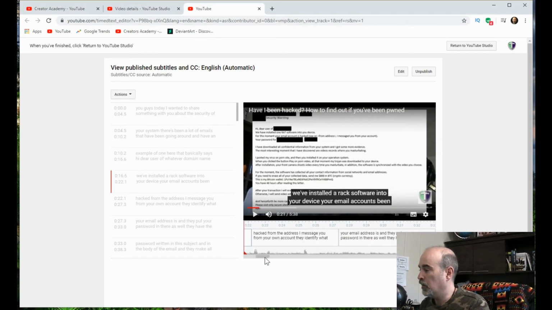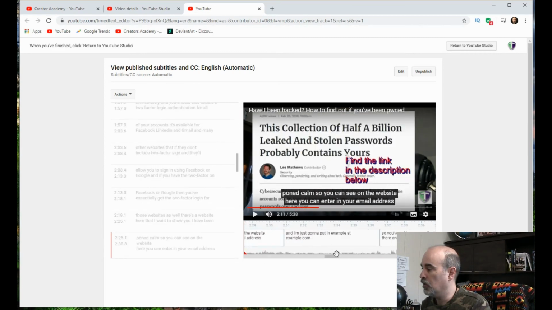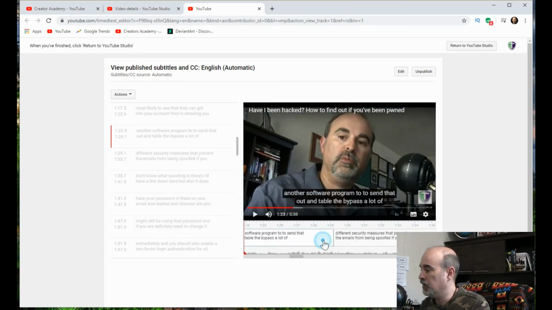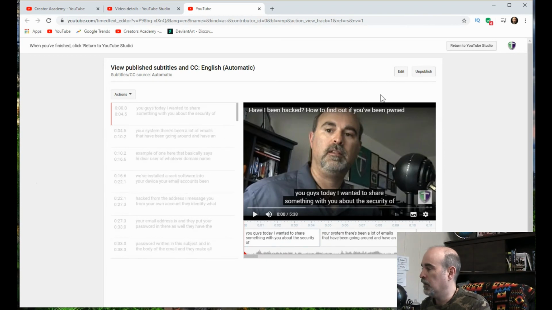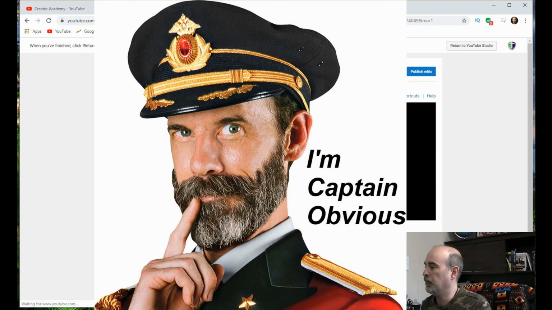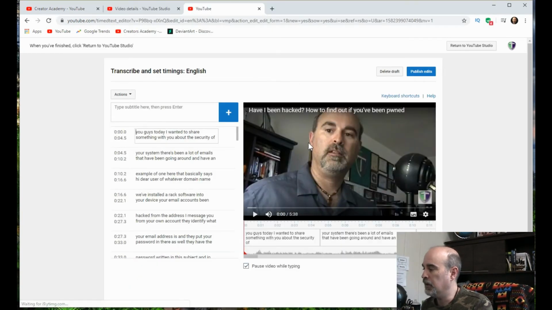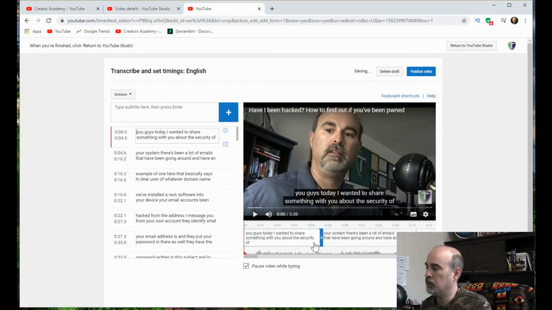If you're scrolling along, you can see the text as you go, and you can change the duration for them. Let's see here, you have to go to edit first of all, and once it's in edit mode, when you hover down here, you can see it highlights so that you can actually grab this and move the bar to say how long that text is going to stay on the screen for, so you can really line it up with your words.